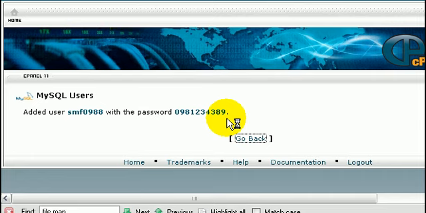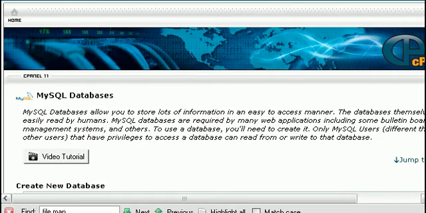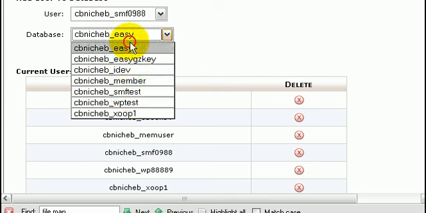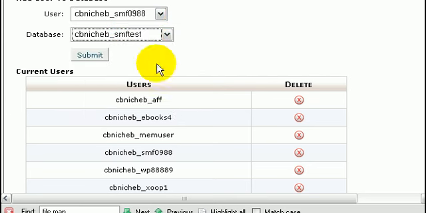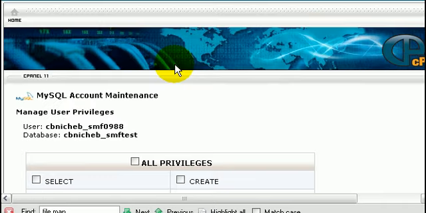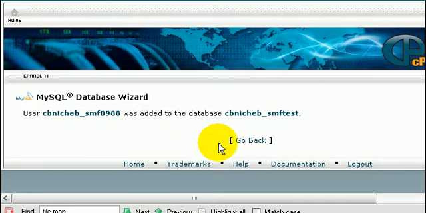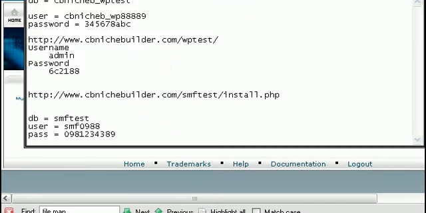Once that's done, remember the third step, you're going to need to connect the two. So you're going to need to find that SMF and the SMF test. As we can see that's correct, we're going to click on submit. Give them all privileges, make changes, and then you're going to want to copy and save this information because the